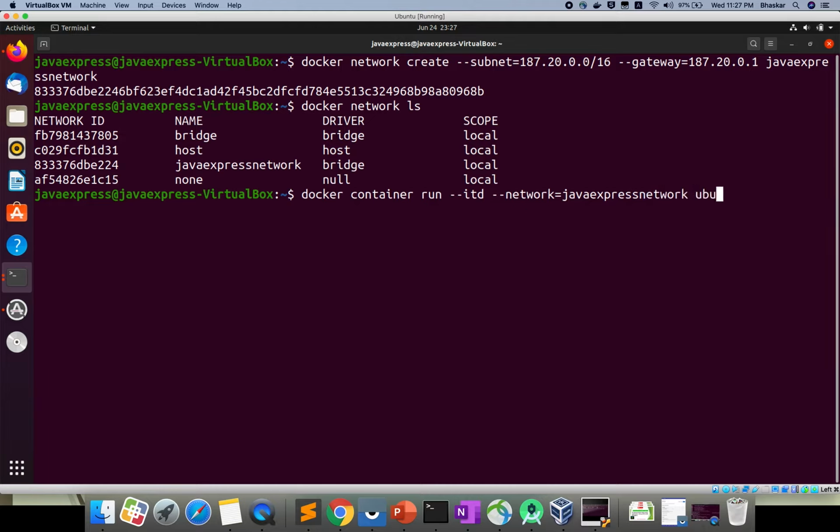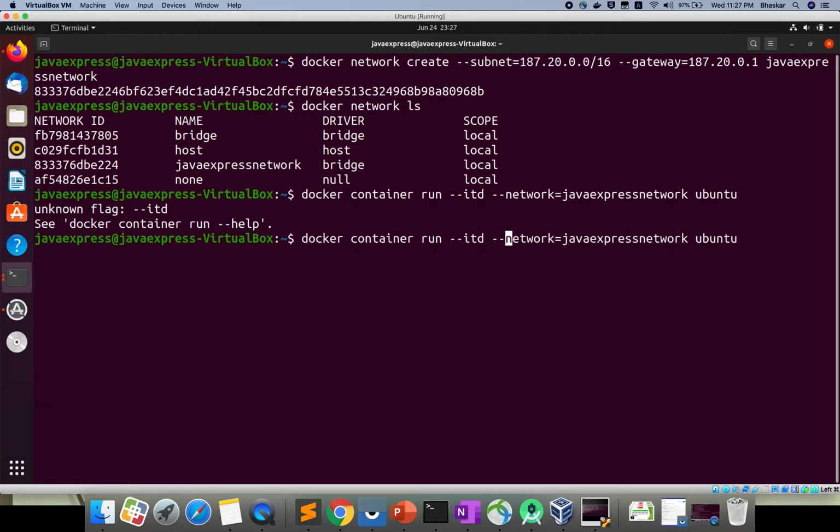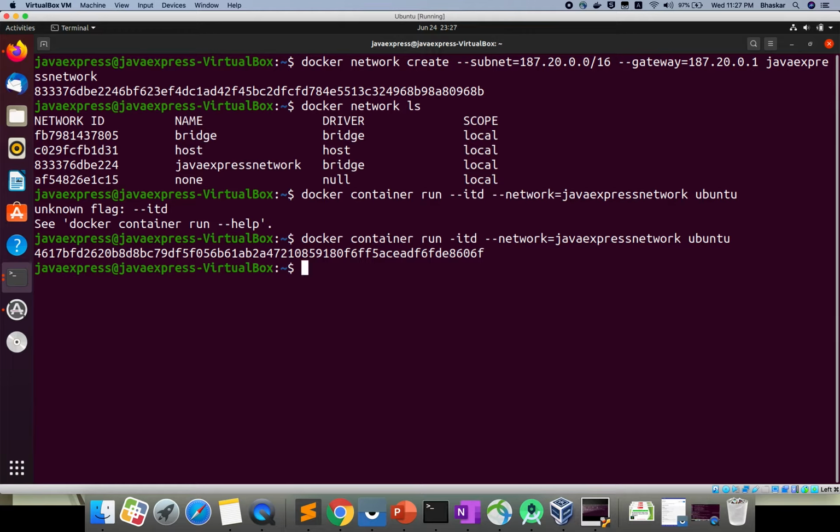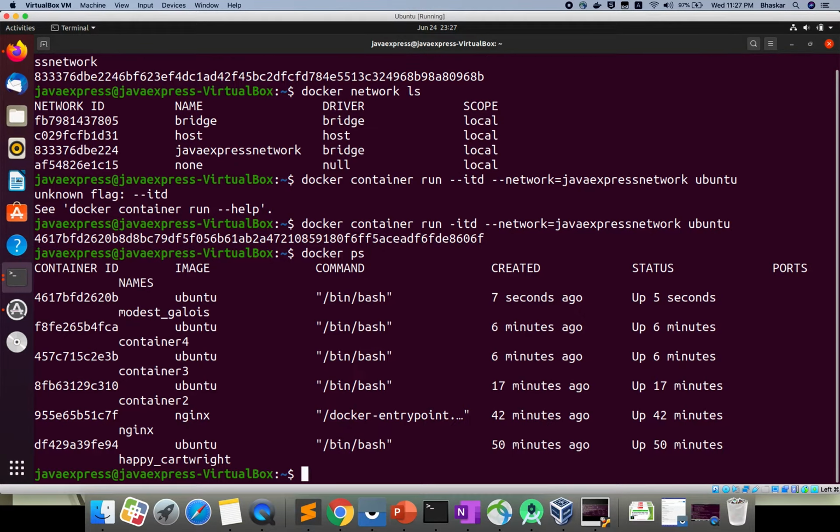You can give our machine Ubuntu. One more hyphen I given here. Okay, now your container is created. Okay, if you see docker ps, we didn't give any name, right? It is using some default name. Randomly it will be generated. What I will do, docker inspect your container id. If you give this container id, which IP will it allocate?